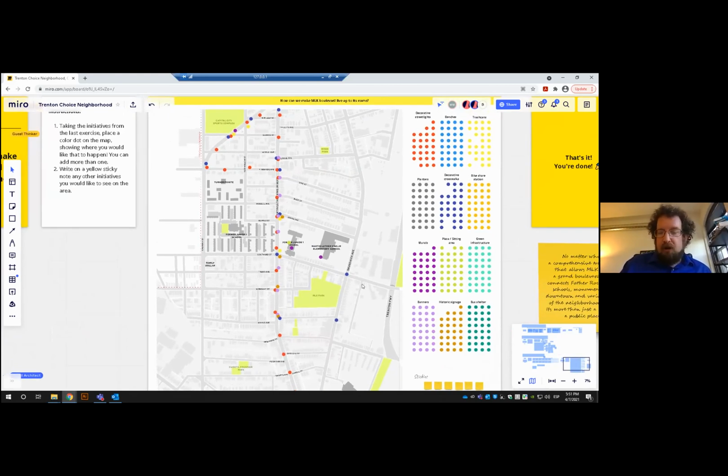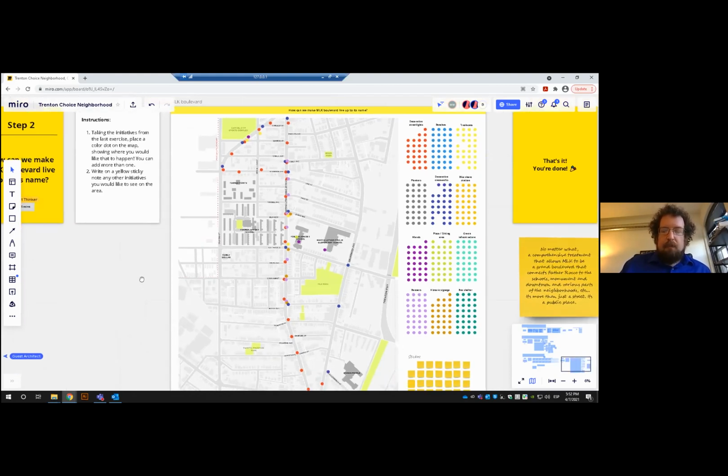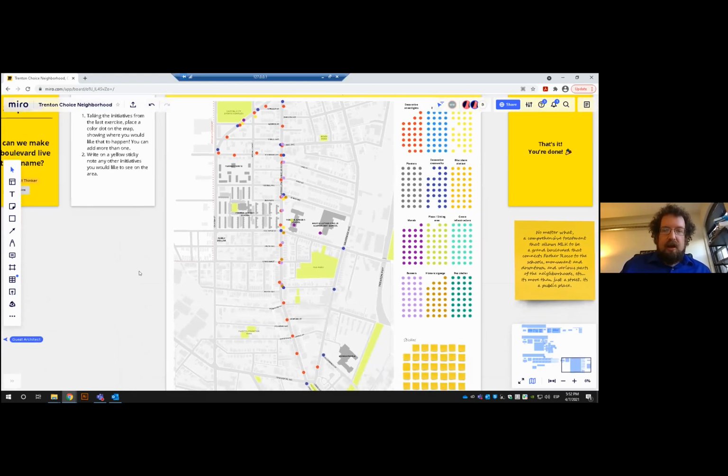So I'm going to propose that we work on this as a group for maybe about 5 more minutes, so we can talk about where we'd like to place different things along the Boulevard. But this is going to go longer. If you want to work on this on your own time, or even work with us, you can give me a call at the city and I'll find some time to work with you to place a few items on the Boulevard.